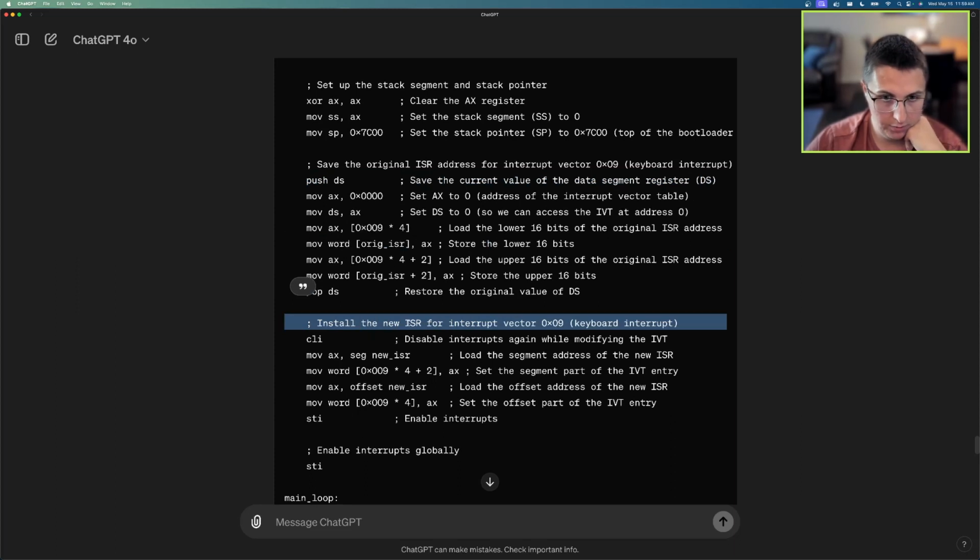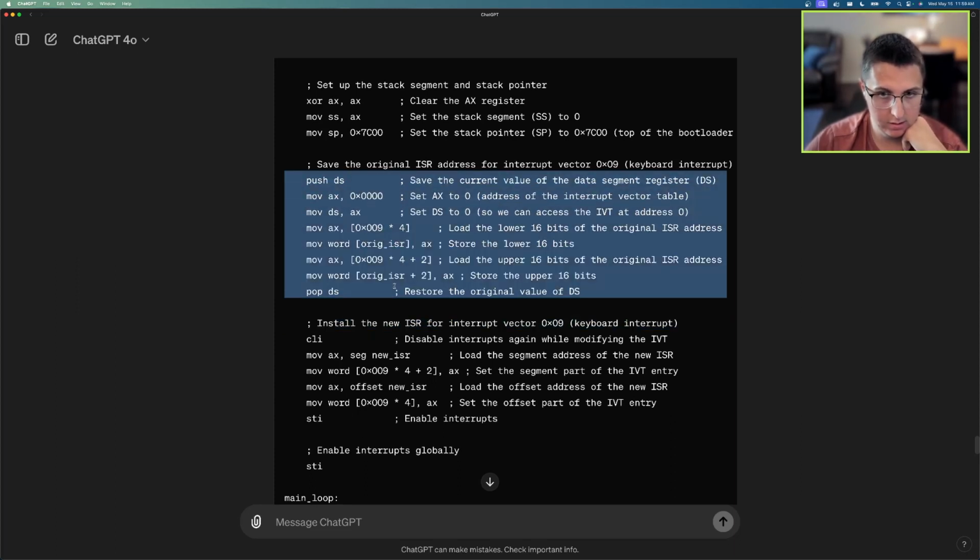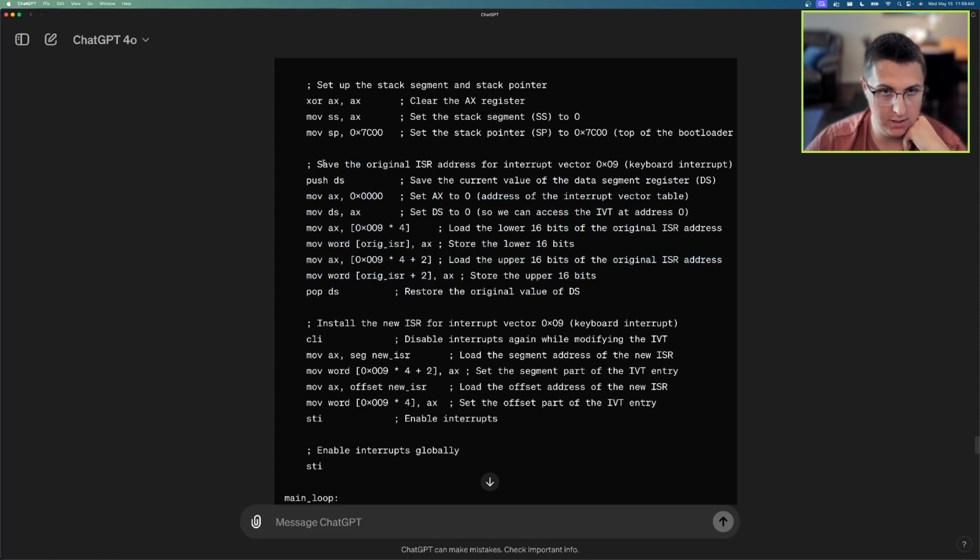Okay, install the new. So all we did here was save the original ISR. Yeah, that's what this comment says: save the original ISR address for interrupt vector 9, keyboard interrupt. Is this a code address? What is an ISR address? Okay, install the new ISR for interrupt vector